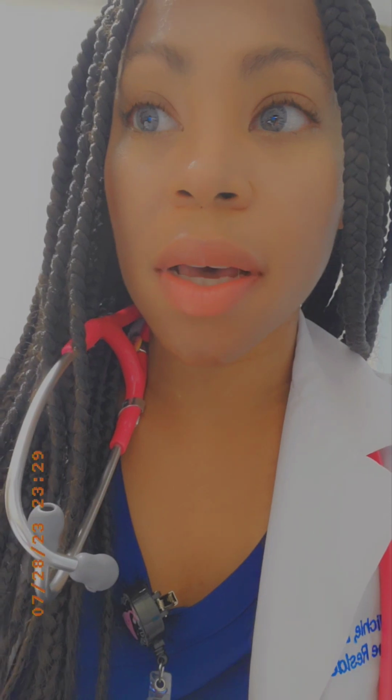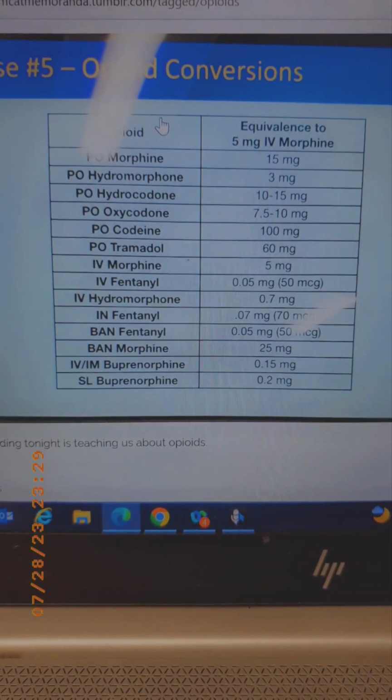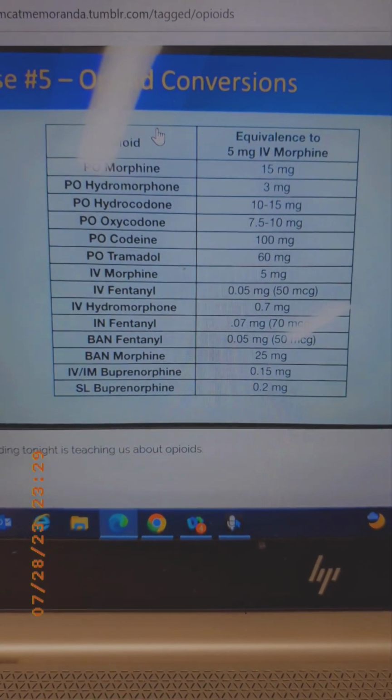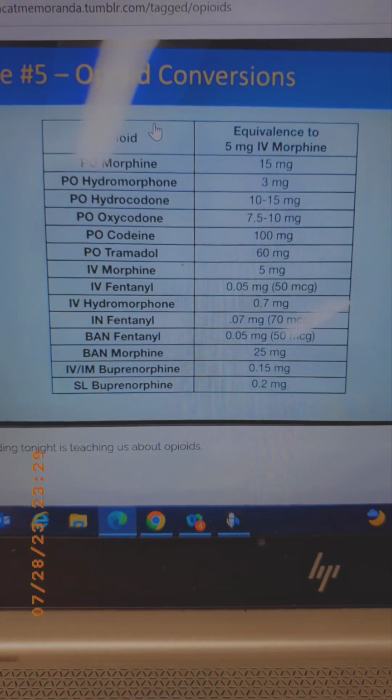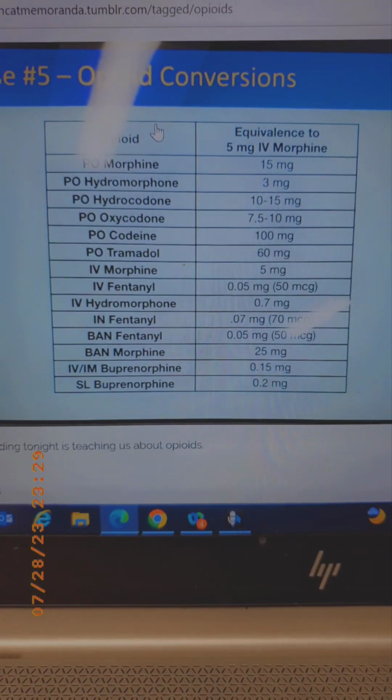So we're gonna convert 30 milligrams of PO morphine into PO oxycodone. You can just Google it and see what the morphine equivalents are, and I have it on my blog as well, so I'll just show that and then show the dimensional analysis. So this is an example here. On the left hand side it's the different opioids, and the right hand side is the equivalents to 5 milligrams of IV morphine. So when you're looking at this,